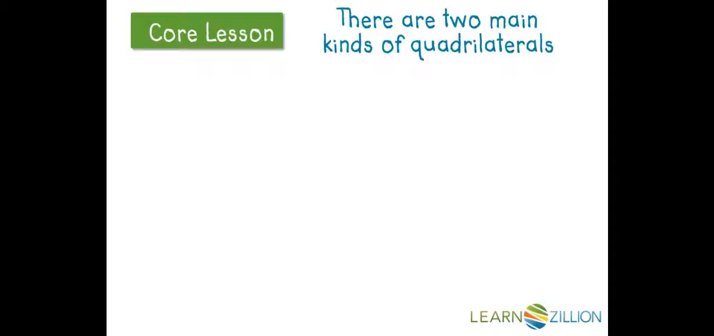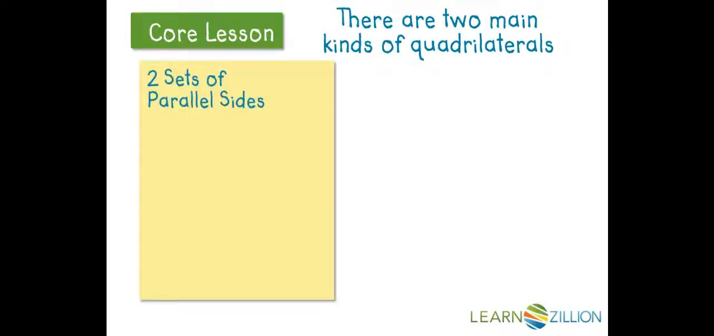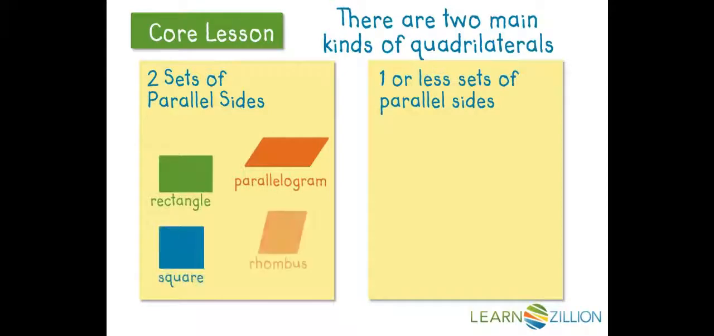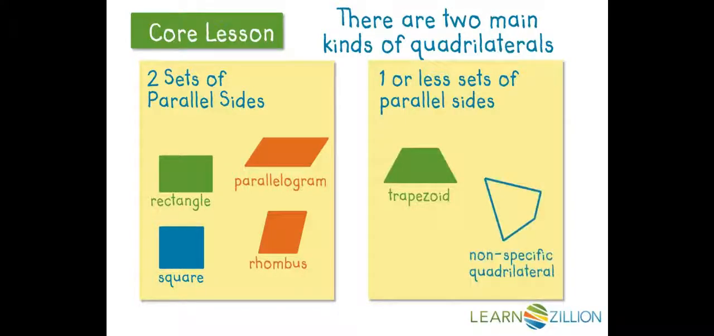It can be helpful to think of quadrilaterals in two main categories. One group of quadrilaterals has two sets of parallel sides, or both opposite sides that are parallel, and the other group has one or less sets of parallel sides. Quadrilaterals with two sets of parallel sides include parallelograms, rectangles, squares, and rhombuses. Quadrilaterals with one or less sets of parallel sides include trapezoids and other quadrilaterals that can't be classified by any